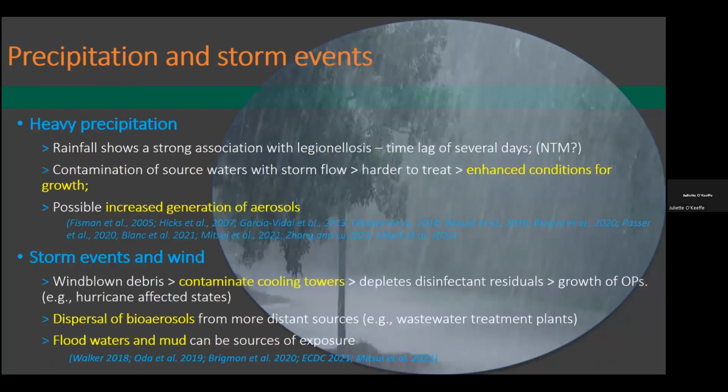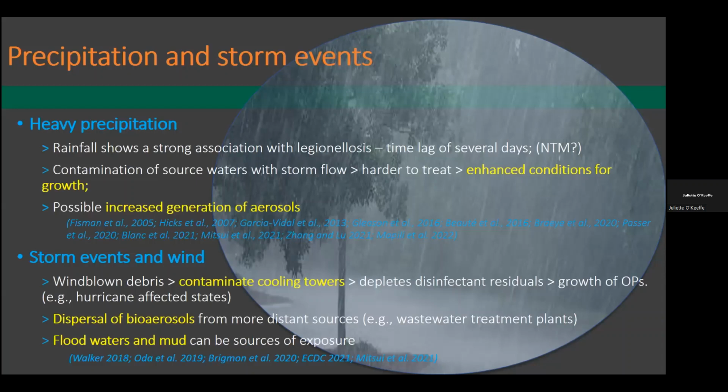Looking at precipitation and storm events, the literature tells us that rainfall is strongly associated with Legionellosis, and there's a time lag there of several days. Their association with NTM and other types of OPs is less clear, and that could be due to extended incubation periods for those organisms. But generally, heavy precipitation, especially following things like a wildfire